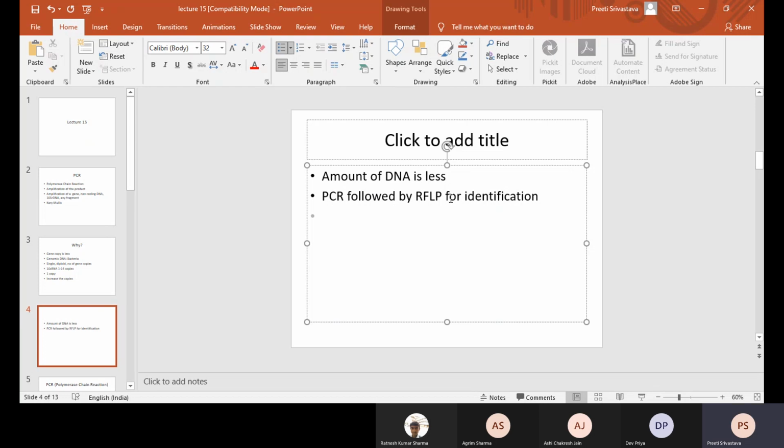People realize that PCR is something very good because it can amplify the product, and for that reason this PCR technique was used for identification of novel genes, for solving murder mysteries, for identifying strain differences, for example 16S of one versus 16S of another.